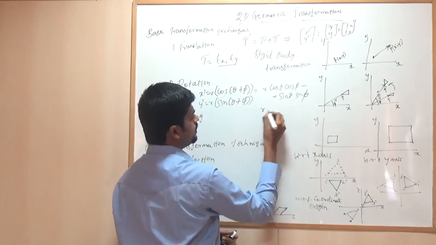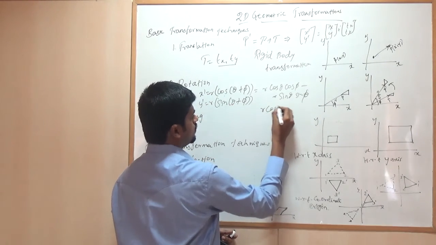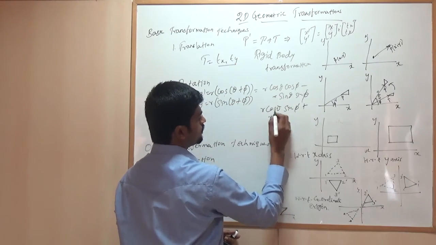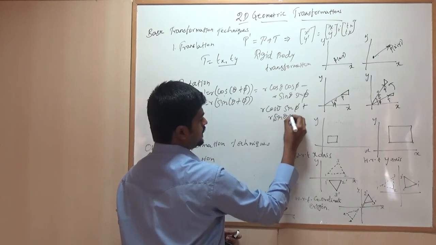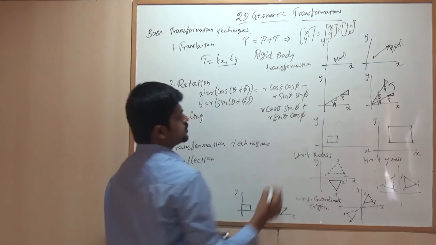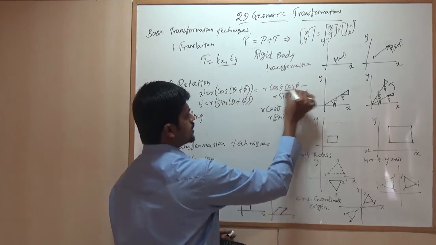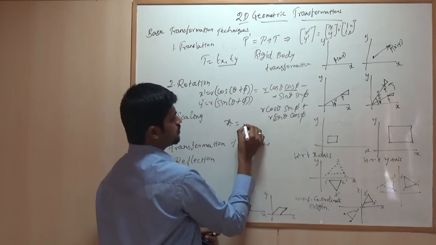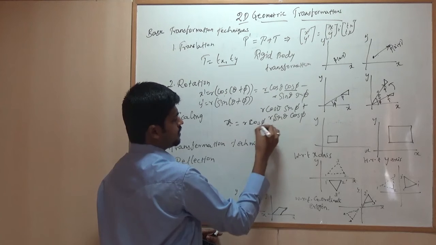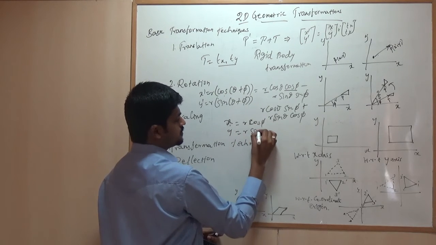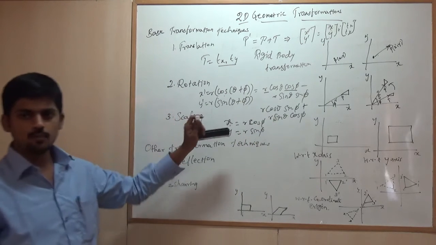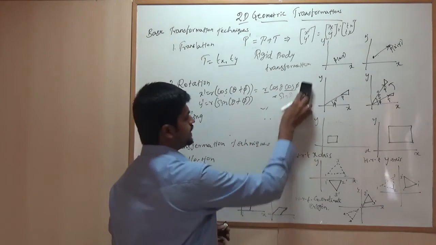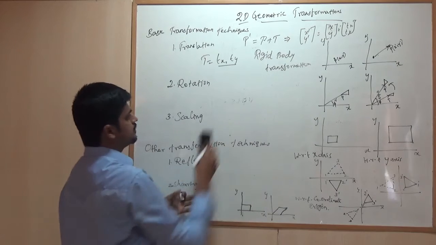Then while expressing this, r cos theta sin phi plus r sin theta cos phi. So now we have to eliminate this cos phi and r, where x equals r cos phi and y equals r sin phi. We have to eliminate this by using a polar coordinate system. So when you eliminate this with respect to the polar coordinate system, your matrix becomes like